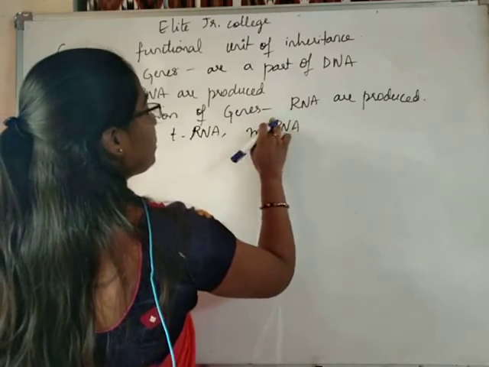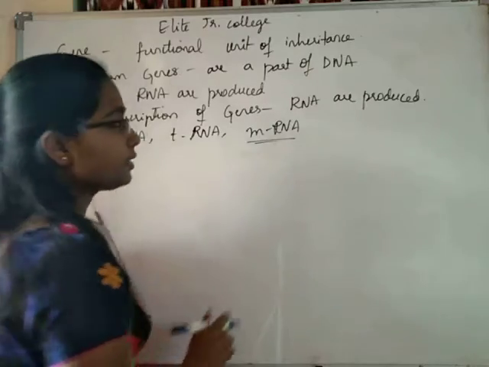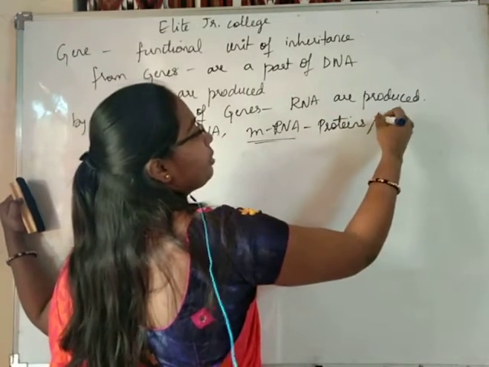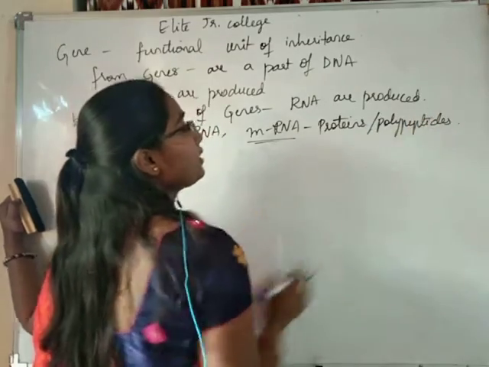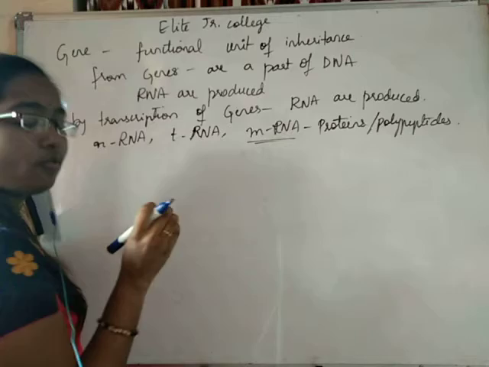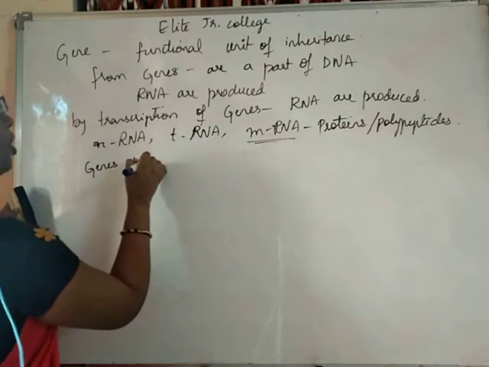Students, particularly these mRNAs are involved in the production of proteins, which are nothing but polypeptides. Proteins means polypeptides. So, that particular part of the gene which is involved in producing polypeptides,